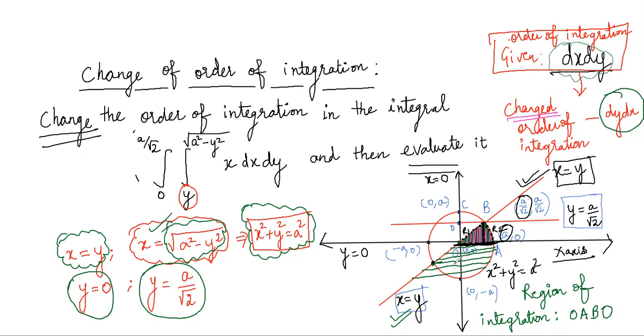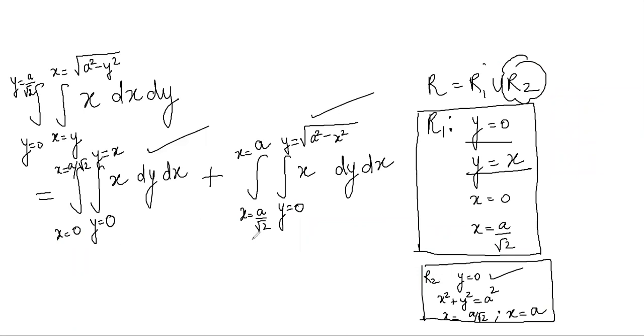Because at that time we were trying to find out the region of integration from this double integral. And once we have the region of integration, which we have with shaded green color, then as per the new order of integration, which is dy dx, we have considered the strips parallel to y-axis, which is in pink color. And then we have identified from where they are starting, from where they are ending. We have checked whether the starting curve and ending curve are the same, but here the ending curve was not the same. So we have divided this region of integration into two regions, R1 and R2. And that's why we are getting here two double integrals.